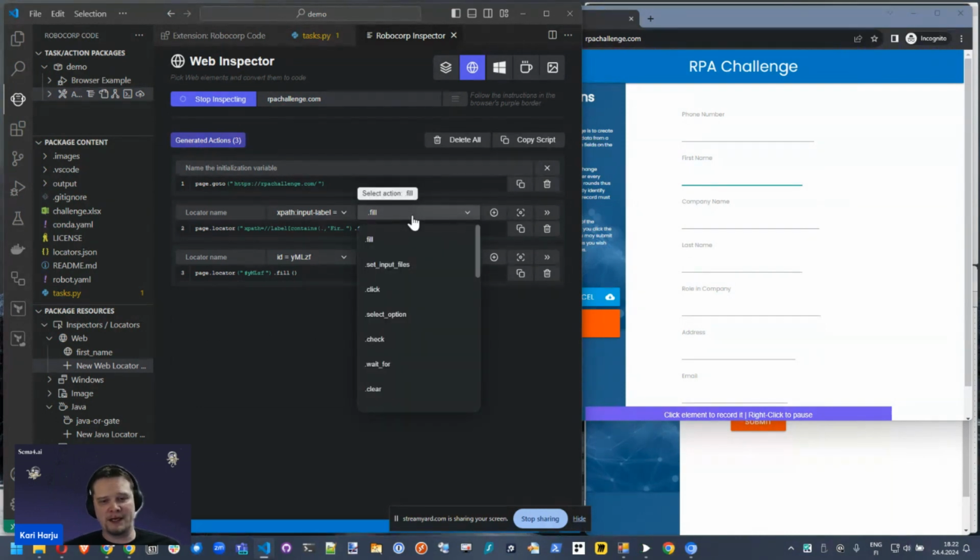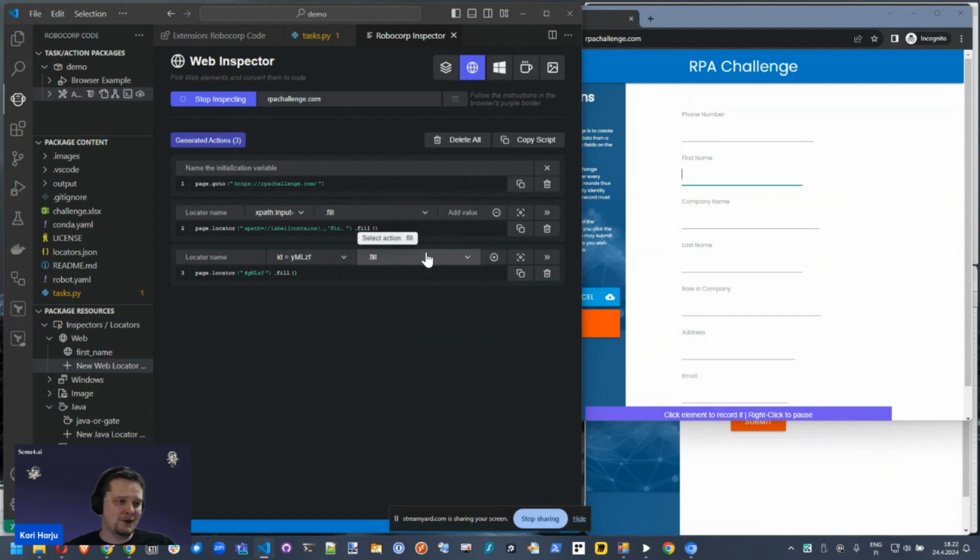So you can create the full-on code in the inspector where you're doing it. You can select between the options. And again, when you go into the code in your code editor, you can, of course, use all the things, but here we have most of the things. I can also add arguments. So let me fill in something, and you can see that the code is generated automatically. One of the key things that we wanted to